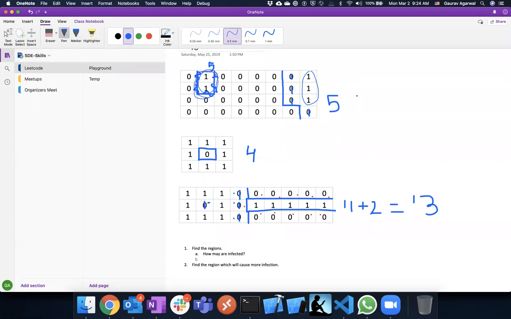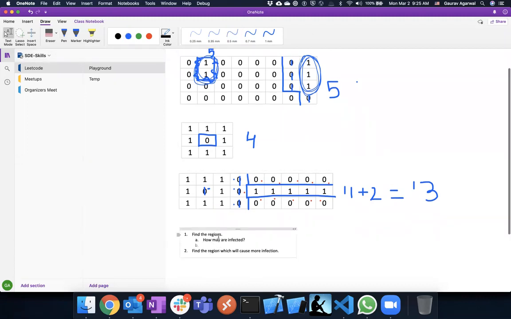Once you do the BFS or DFS in the first pass, you will find this one region here, right? Then again figure out if you have any other cell which is one, and then do the BFS there. So in the second pass, you will figure out there is this one more region, and definitely you need to keep track of visited cells so we are not visiting the same cells again and again. So you have to figure out the regions, and each region will give you what information while you are figuring it out?